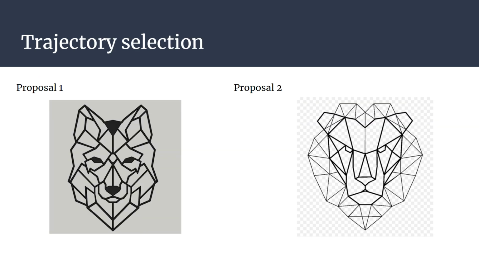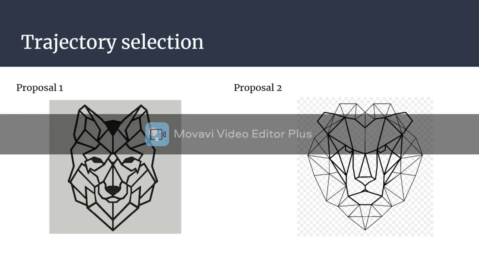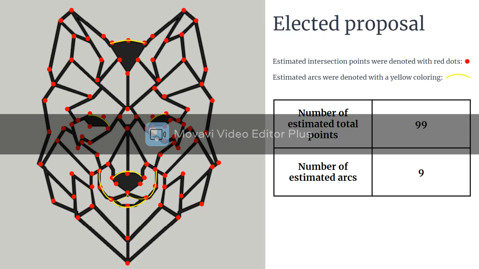According to our first trajectory selection, we browsed a series of 2D models and proposed 2 designs that contained the minimum number of points and arcs required. After receiving approval from our teacher, we proceeded to select a proposal that would accurately fit our project visualization and